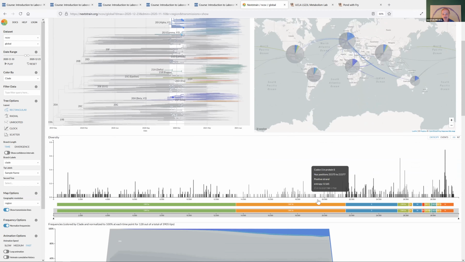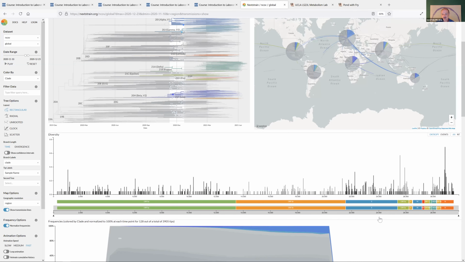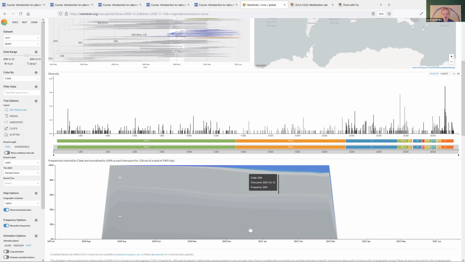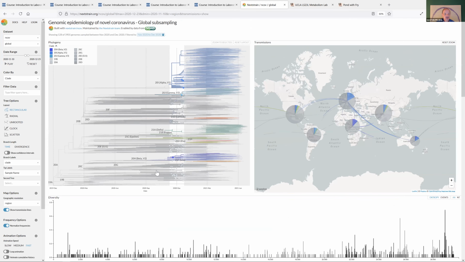And then down here, you have the sequence, the different genes, and here's the spike protein. And this is the whole sequence. You can zoom in by moving these bars, and then this is the distribution of the different strains. Now, if you play it, and I'm in December 2020 right now, then we start getting some colors here.